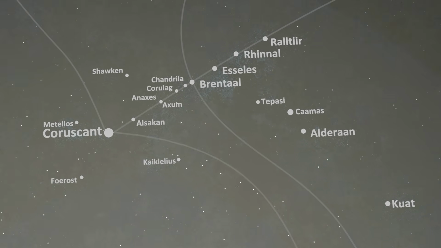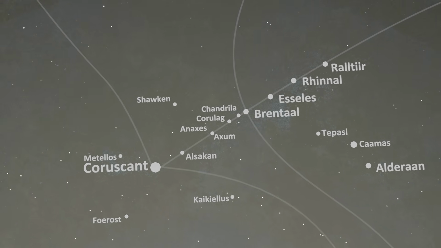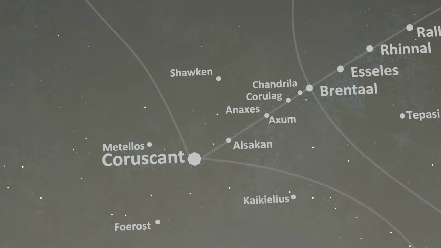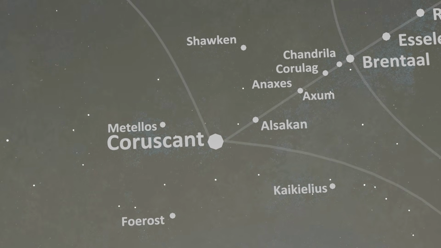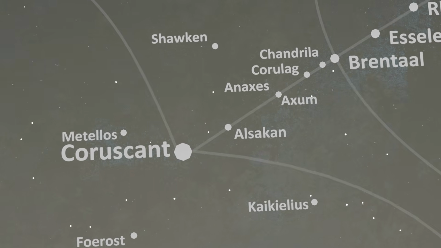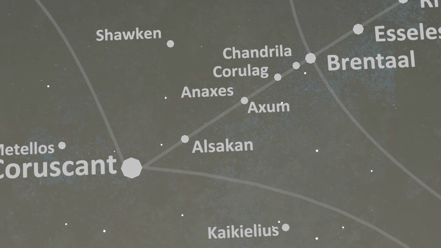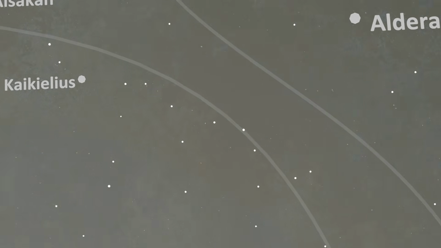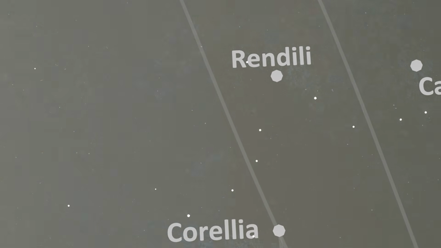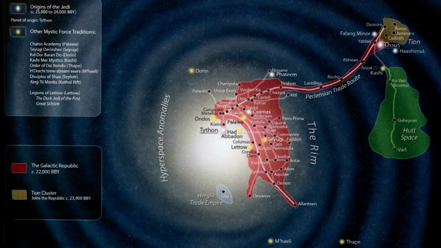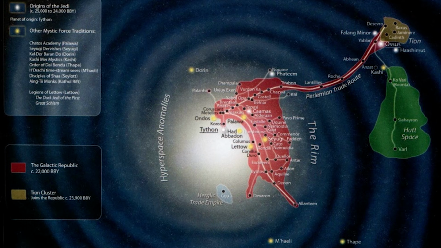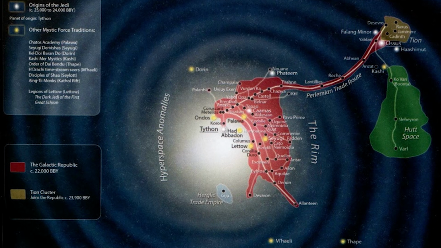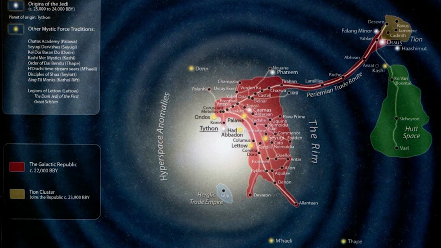One of the things which secured Coruscant's position at the epicenter of galactic life was its position directly on two of the most important hyperspace routes in the galaxy at the time, the Perlemian trade route, which went out to planets like Alsakan and Brentaal to the northeast, and then to the southeast you had the Corellian run, which went out to some other planets like Corellia and Duros. Most planets which would join the Republic at this early stage existed either on those two lanes or within the small wedge between them.